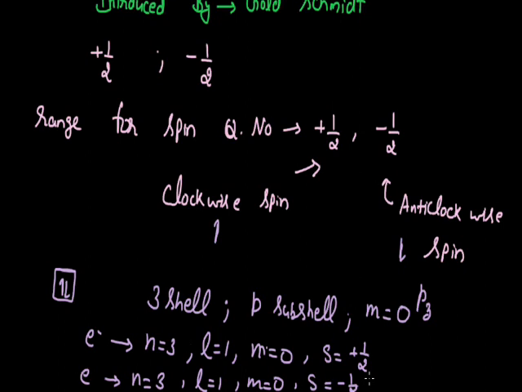So that is about the spin quantum number. With the help of the spin quantum number, we can say that no two electrons belonging to the same atom can have all the same values of the four quantum numbers. They can have the same value of principal quantum number, the same value of azimuthal quantum number, and also the same value of magnetic quantum number, but in the spin quantum number there will be variation in the value. So that is about the spin quantum number.